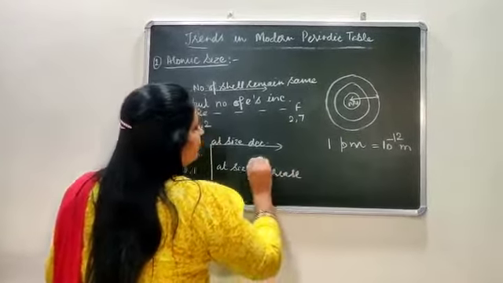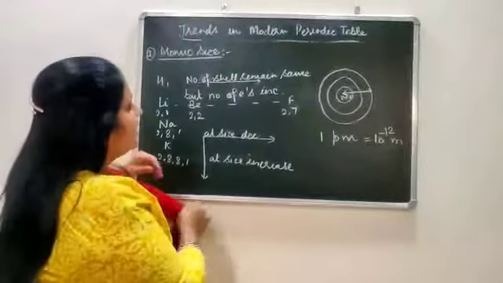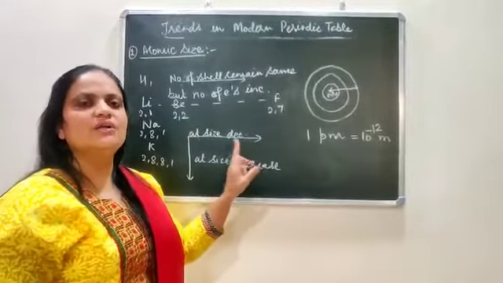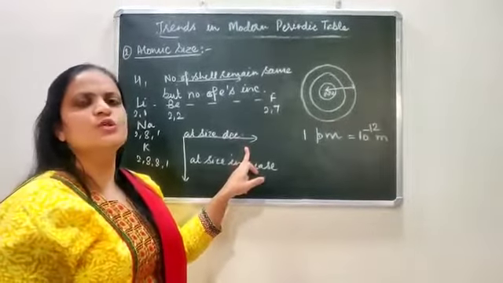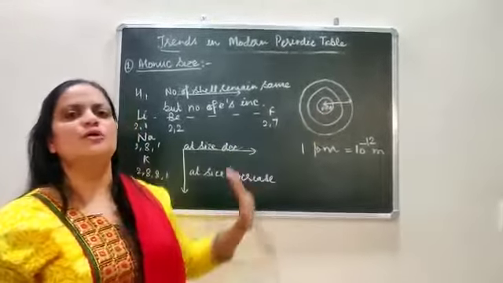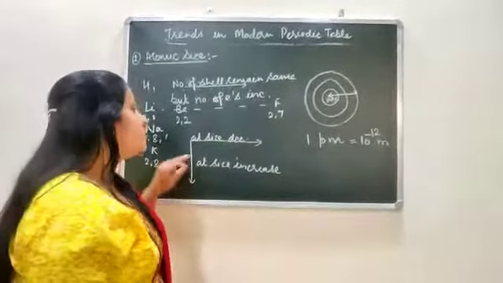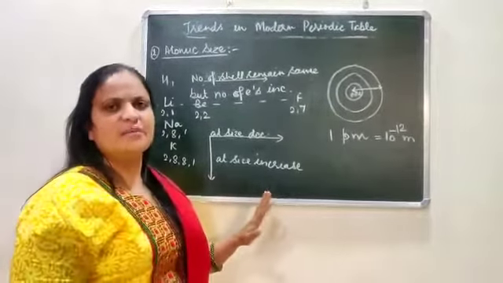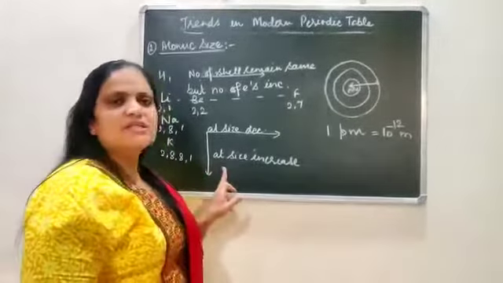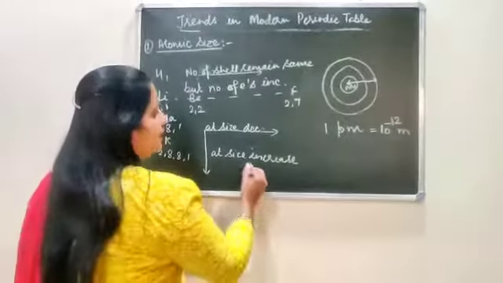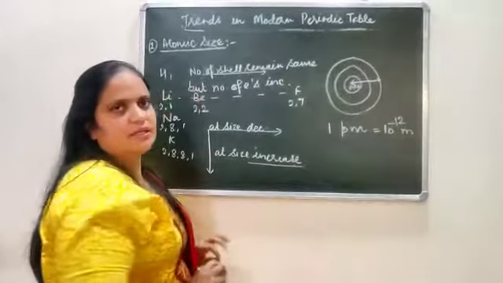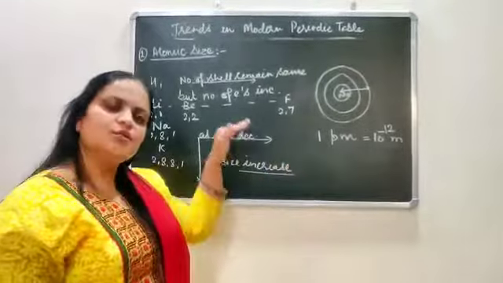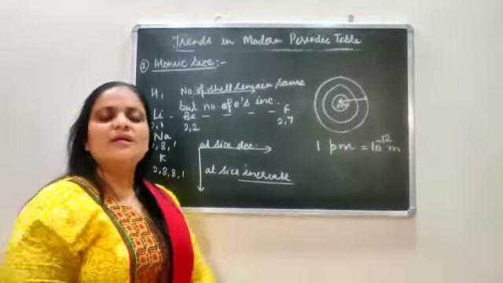So what we understood from this one is that when we are moving left to right, the atomic size, or you can say atomic radius, will continuously decrease due to more force of attraction between the nucleus and the outermost electrons or valence electrons. But when we are moving from top to bottom, the number of electrons is the same in the outermost shell, but there is a continuous increase in the number of shells. Due to that, the atomic size will continuously increase. This is all about the atomic size. That means left to right decrease, top to bottom increase. Now we'll discuss the next property.